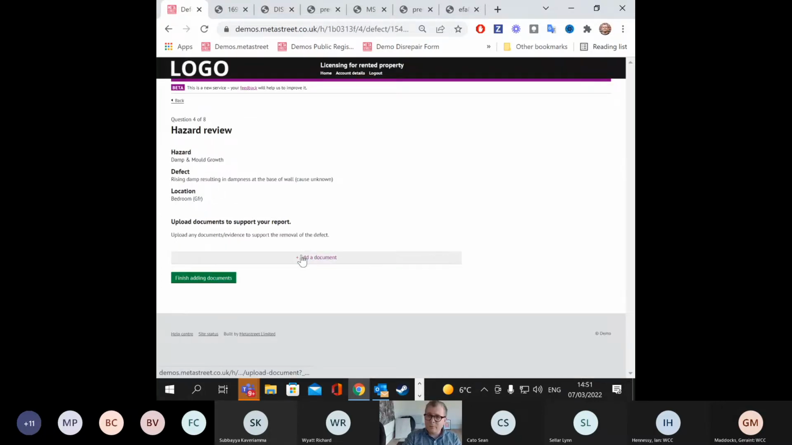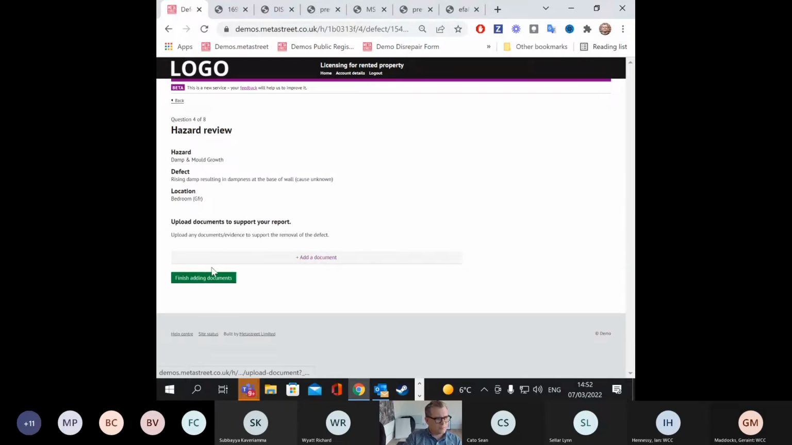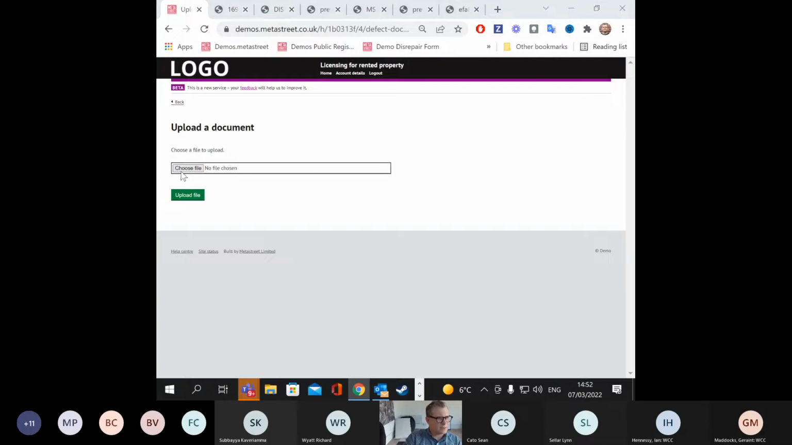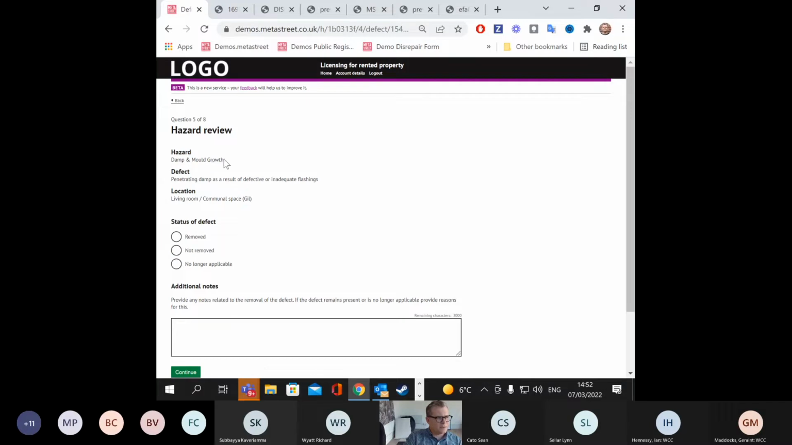I can upload documents. So if it's maybe a new consumer unit that you've asked for, for the electrical hazard, then you might want a copy of the commissioning certificate. So let's not go and add one for this, but let's do it just so we can see the process. So let's do that, and now you can see it's moved on to the second